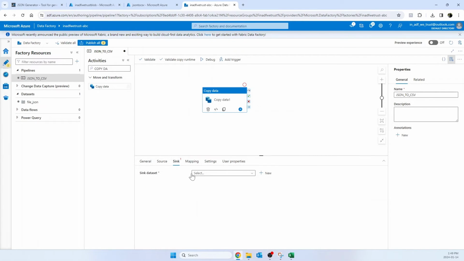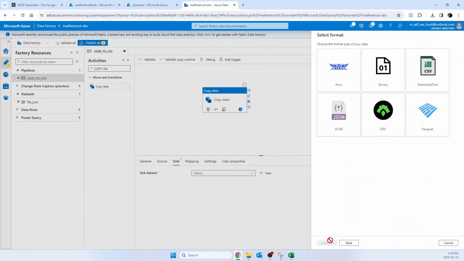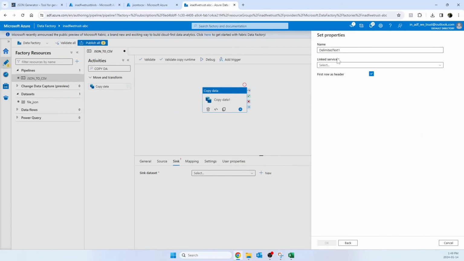Now we have to define the sink, the target, the result that we would like to appear once we run the pipeline. So we create a new dataset. The dataset is like the structure. So Azure Blob Storage again, delimited text or CSV. We can call it file._CSV,